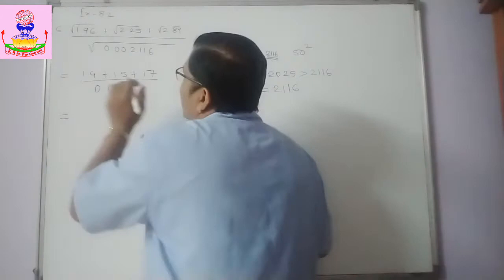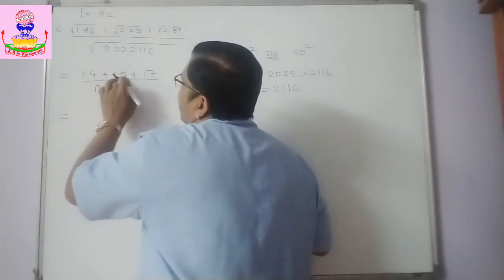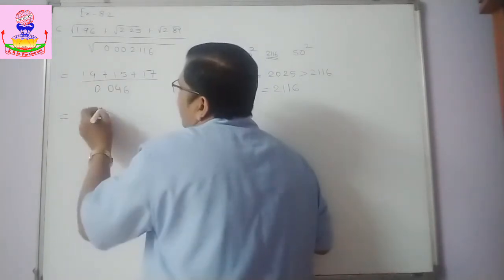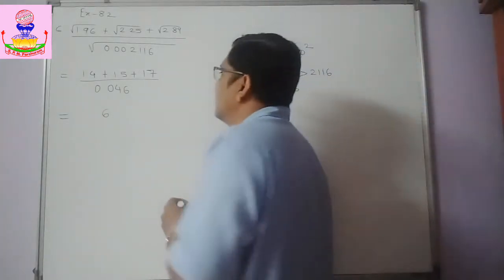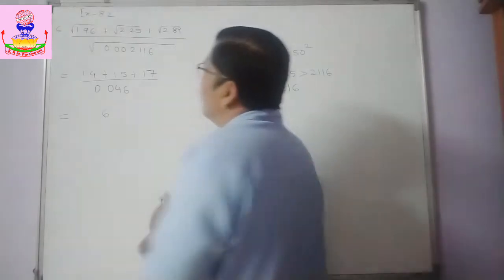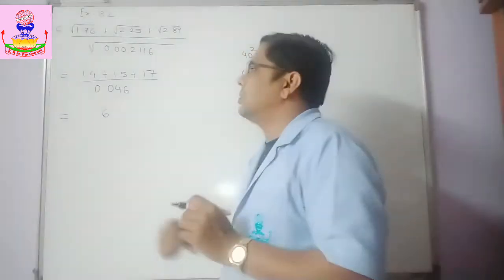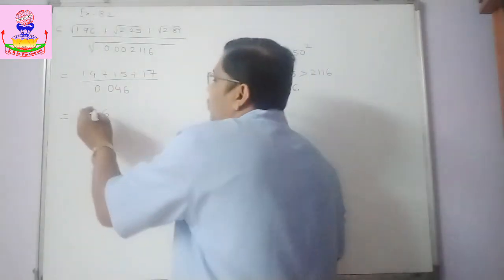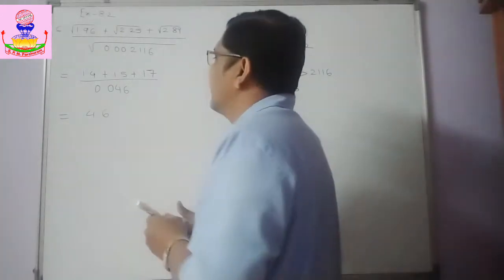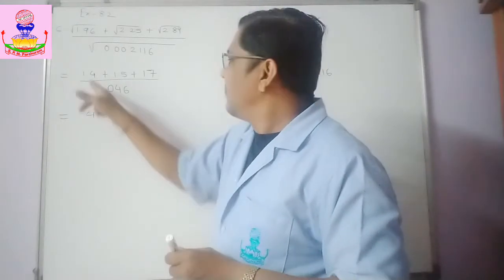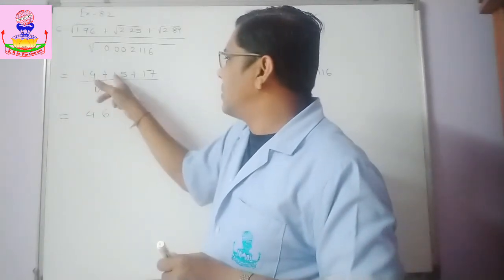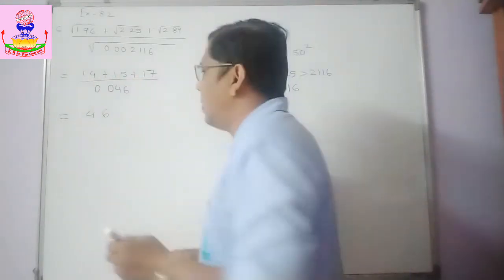Now let's add the numerator. 4 plus 5, 9. 9 plus 7, 16, so 1 carry on. 1 plus 1, 2 plus 1, 3 plus 1, 4. Let us check it again: 7 plus 5, 12, 12 plus 4, 16. 1 carry on. 1 plus 1, 2 plus 1, 3 plus 1, 4. Divided by